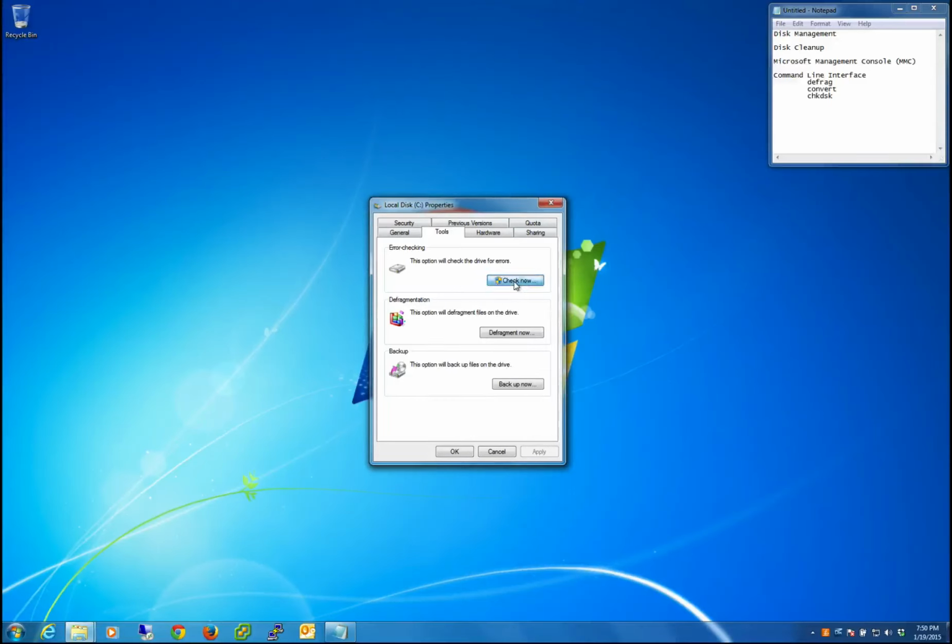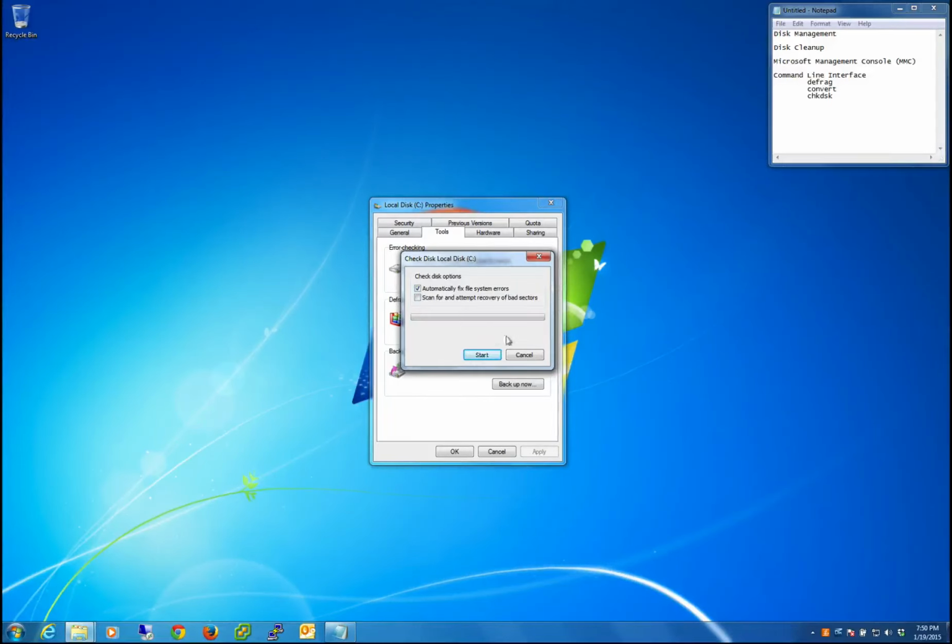So if we were to click check now, we can click start, and then you have two options here: automatically fix file system errors, and scan for and attempt recovery of bad sectors. Bad sectors are the physical locations on the hard drive that can go bad over time. Automatically fix file system errors